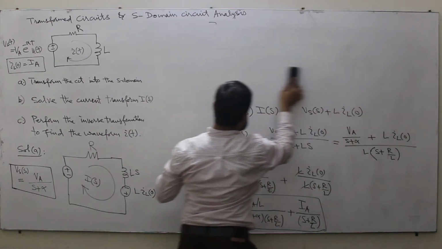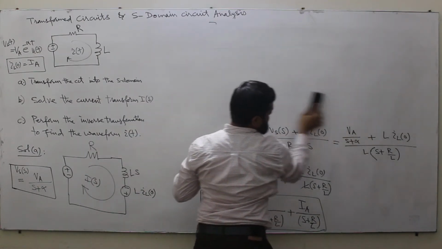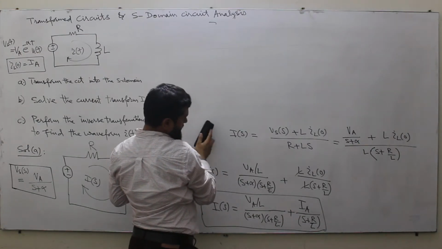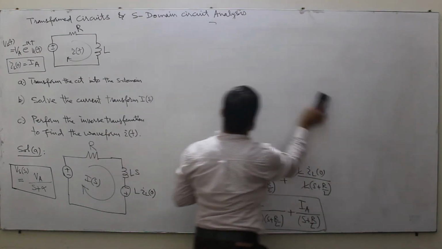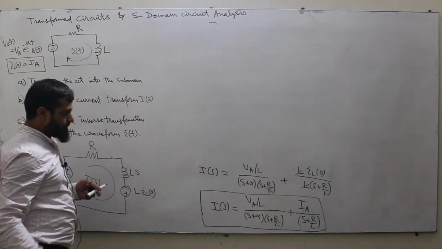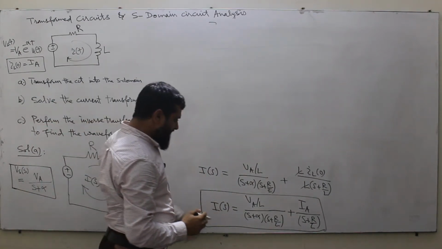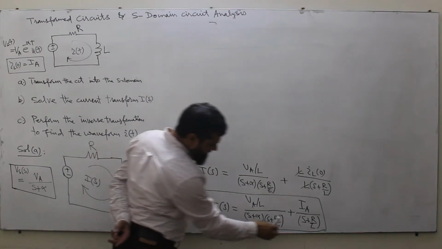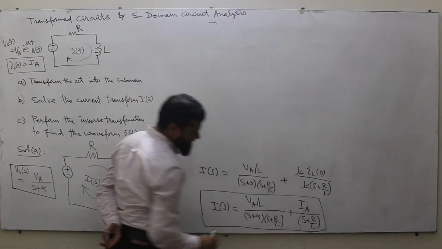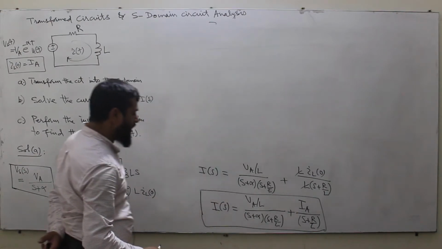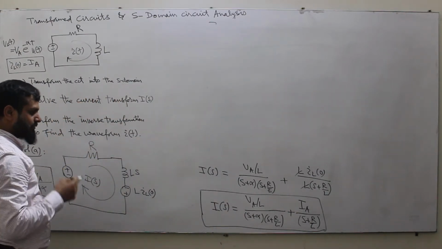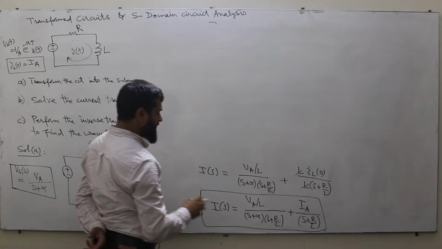We can also erase this one to get some more space. In this one we can first see that this is already in the simplest form, but this one we have to solve. We have to do the partial